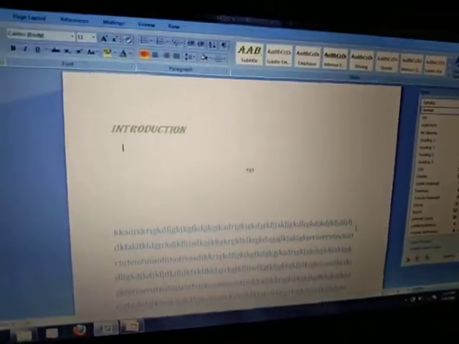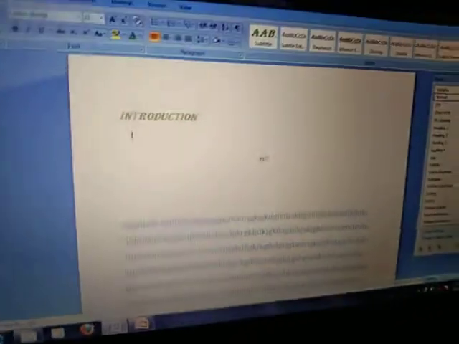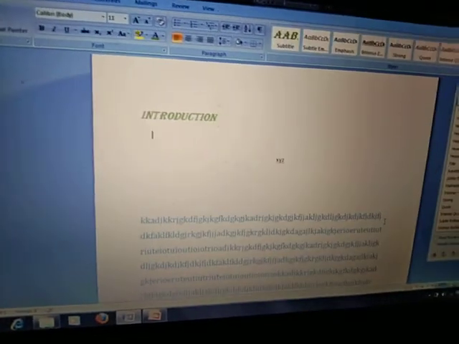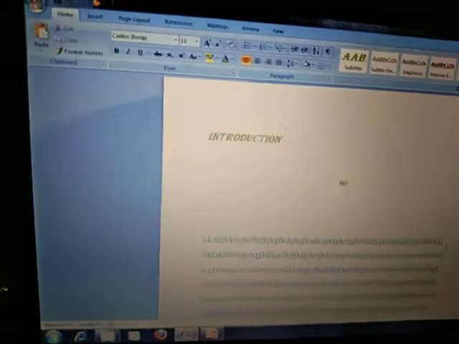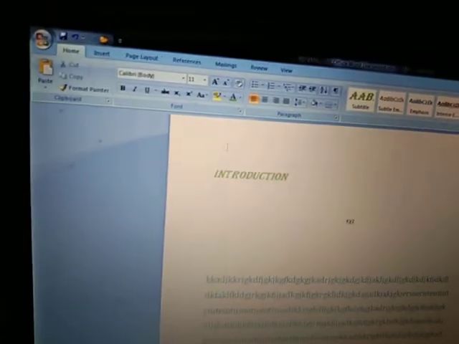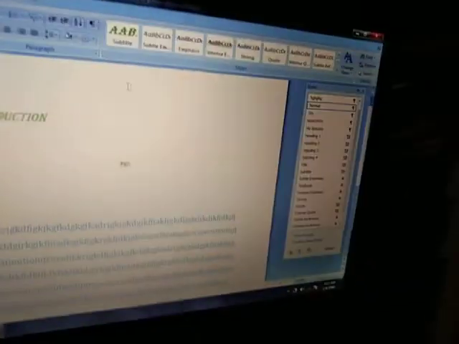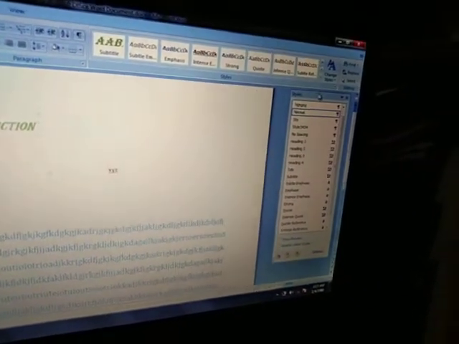Ma'am, please repeat it one more time. I don't understand. For this, again I am repeating. What you have to do: click on the Home tab, click on the Styles group and this launcher button. When you click on this, here is the Manage Styles option.